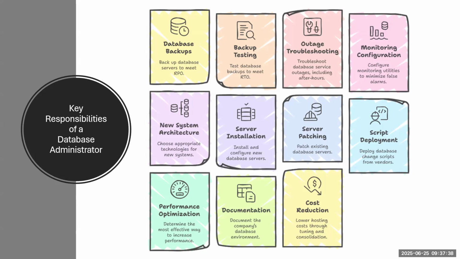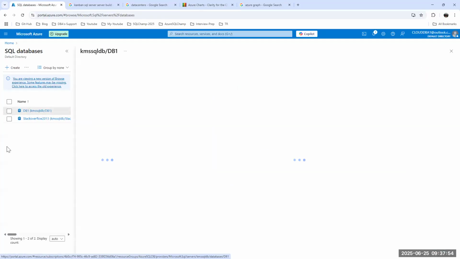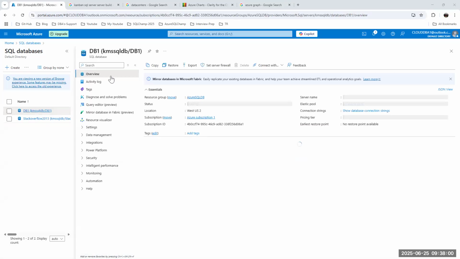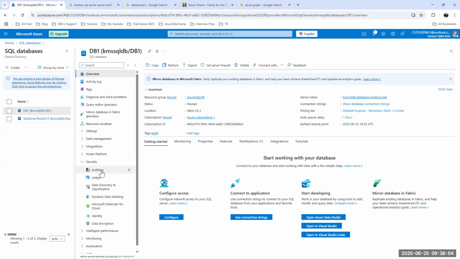Now in on-prem, we need to rely on third-party tools to monitor. But if you go for cloud, we have some monitoring built in. When you open it here, you will get some monitoring and additional stuff that you are not getting in on-prem, in terms of security, like auditing, advisors, everything.